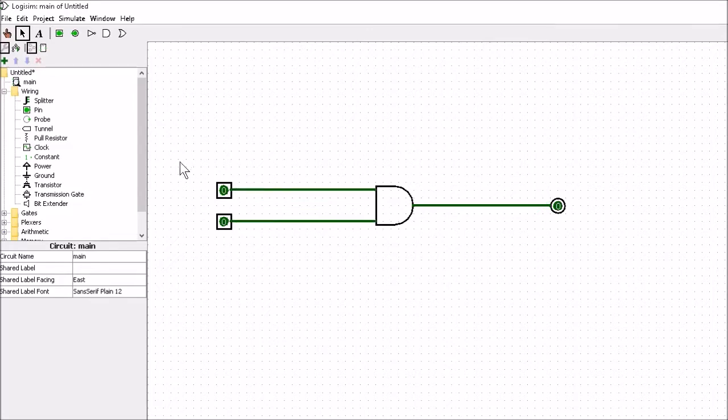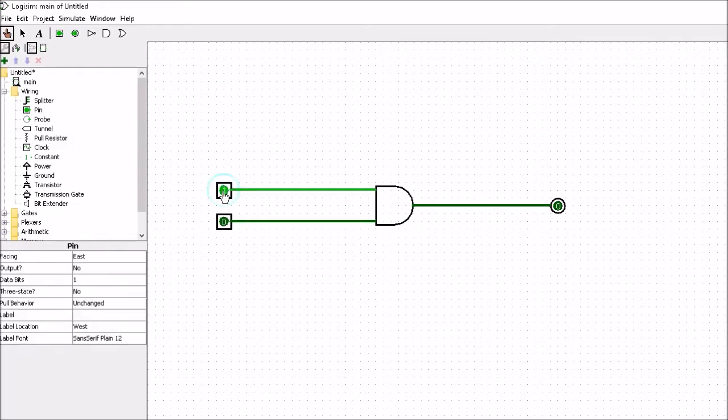Now in order to run the simulation, we've got to go up to the little finger section. So we click on that. Now you'll see that the inputs are both low, they're both 0, and the output is 0. And all of the wires are a dark green colour, so the dark green is a 0. So in order to simulate it, you just simply click on the input. So if I click on this, it goes high, and it's a light green colour for high.